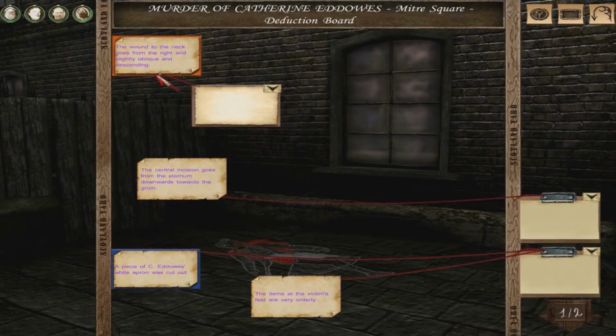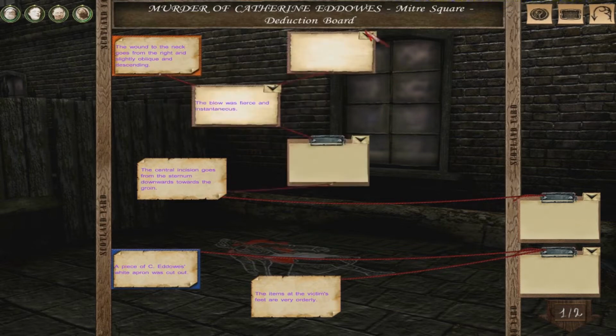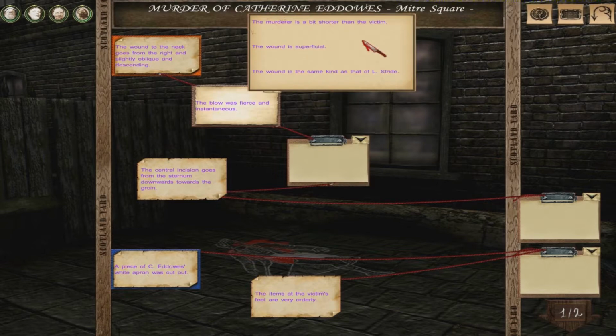So the wound to the neck goes from the right to left, slightly oblique and descending. And so the murderer was behind the victim. The blow was fierce and instantaneous. The murderer wanted to decapitate the victim. It doesn't seem like he wanted to decapitate. So I would say that the blow was fierce and instantaneous, which would mean it was the same